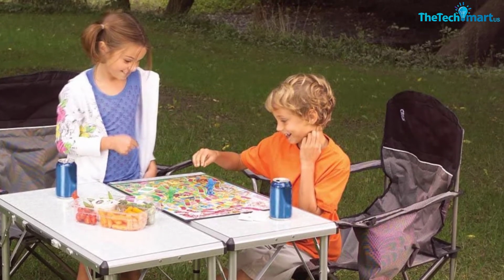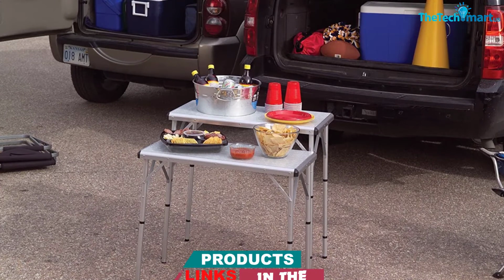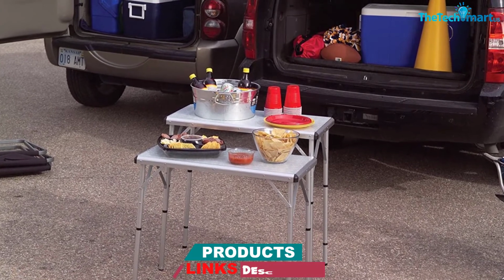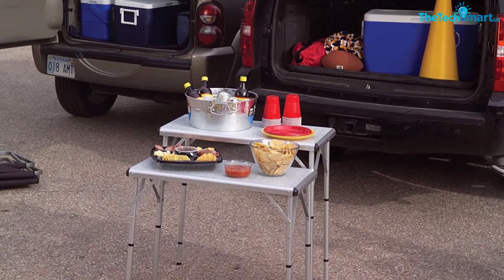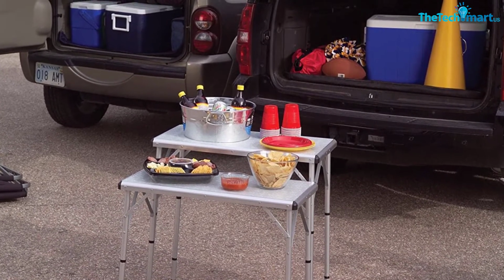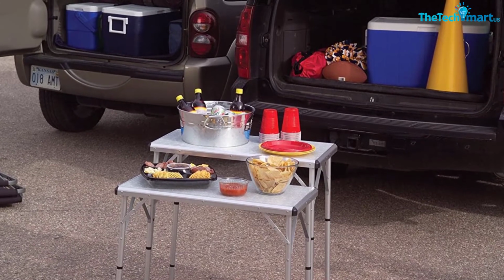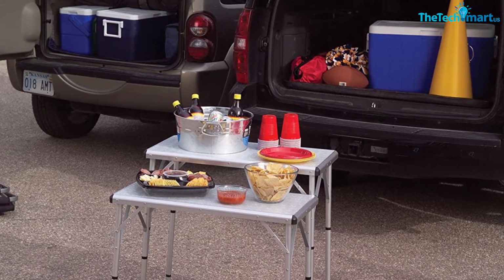Option number 1 is the classic square table setup. This is great if you want to sit down for lunch or play a late-night card game at the campsite. As this option is essentially joining 2 rectangular tables together, there will be a small crevice in the middle, so perhaps you shouldn't place your heaviest loads here. It shouldn't be too much of a problem though, thanks to the sturdy clips and bolts that join the 2